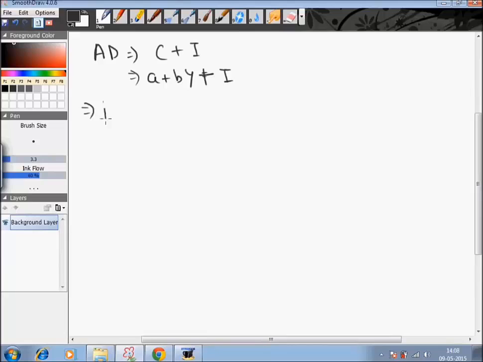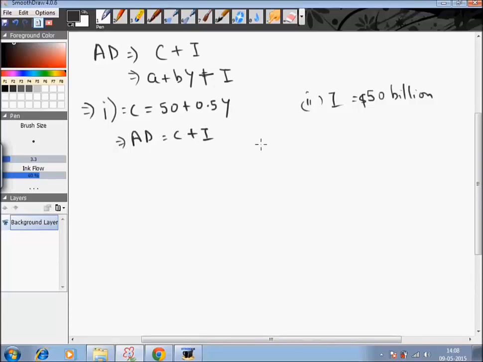Now suppose that C is equal to 50 plus 0.5Y and I is equal to $50 billion. Now with the help of this data, you have to determine the aggregate demand, that is AD. As you know, AD is always equal to C plus I, so what we need to do now